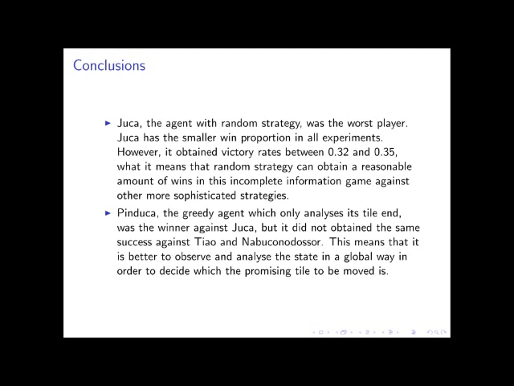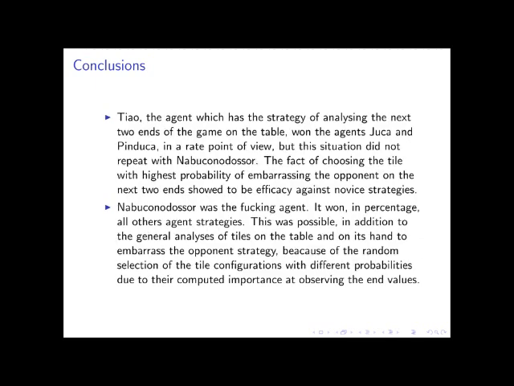Pinduca, the greedy agent which only analyzed its tile end, was the winner against Juca, but it did not obtain the same success against Tiao and Nabucodonosor. This means that it is better to observe and analyze the state in a global way in order to decide which tile is to be moved. Tiao, the agent which has the strategy of analyzing the next two ends of the game on the table, won against the agents Juca and Pinduca in terms of rate,